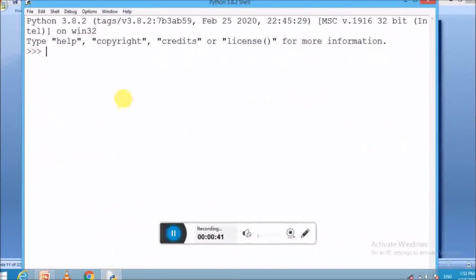Now here, first create a dictionary. Type these two curly braces, and inside them enter the key value pairs.